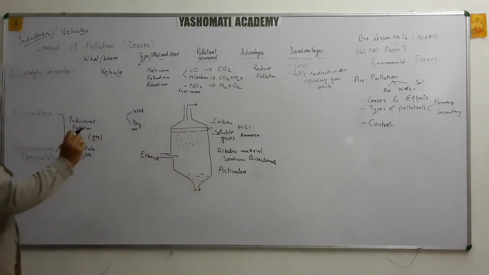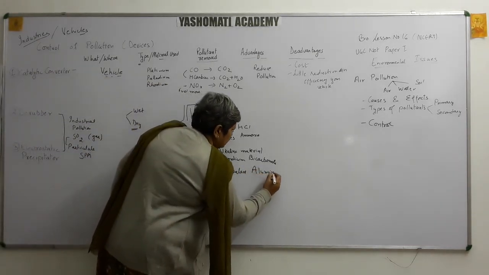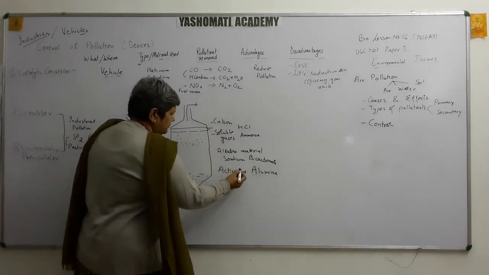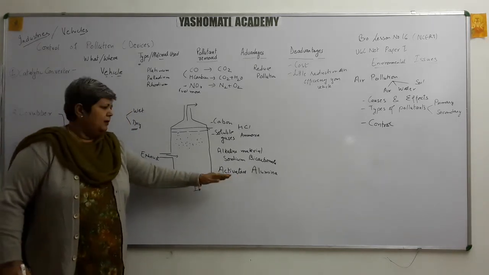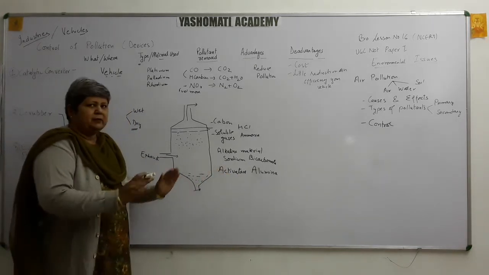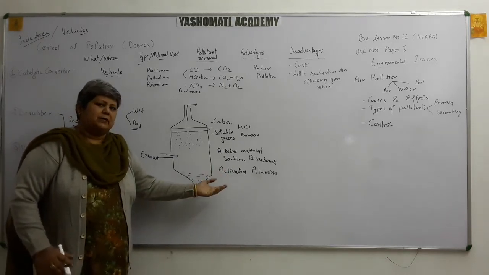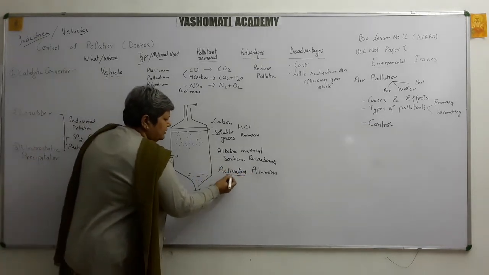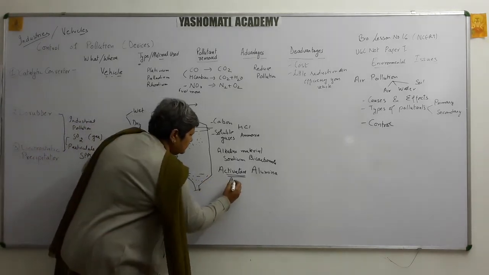We can use activated alumina. Now, what is this activated alumina? Activated alumina means alumina is dry powder. It can be activated by adding some chemical to it which can absorb some special substances. So, that means alumina activated with some material which can absorb